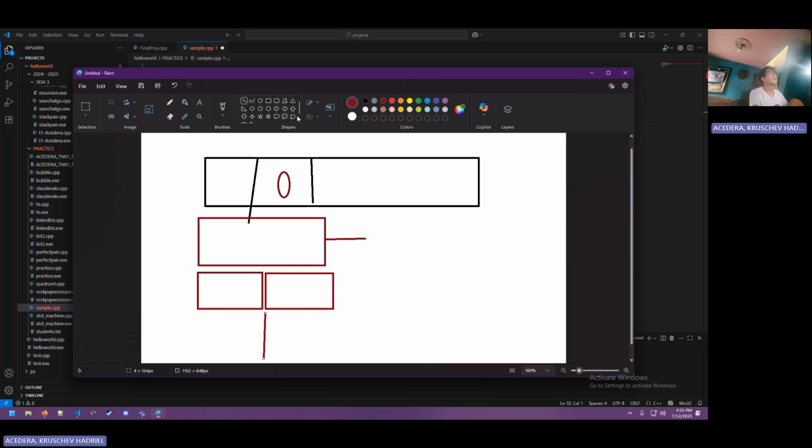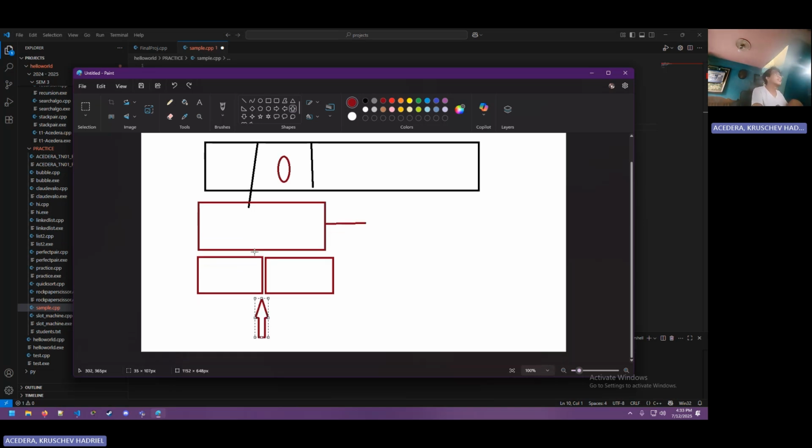Check your middle array, and then you check again if it's equal, if it's greater than, if it's less than. So you continue this until the data in the middle is now equal to your key, or the data you're looking for.